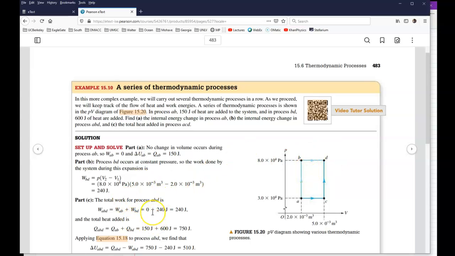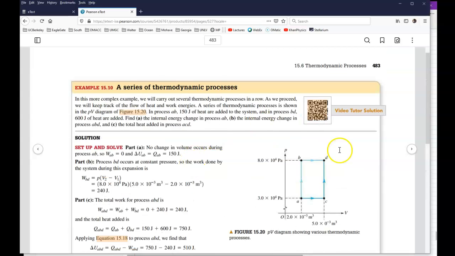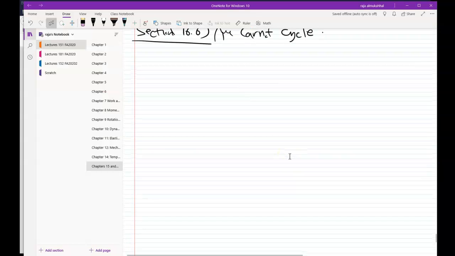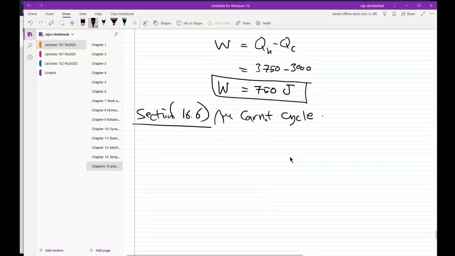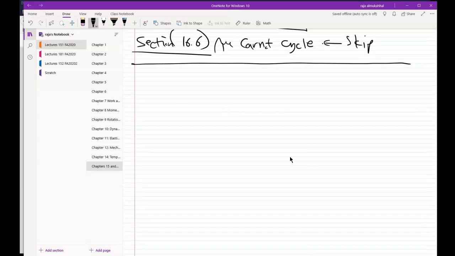I'm not going to follow his. I have my own, so I solved it my own way. So I hope mine is clear. If it's not, you can read his solution. I'm sure it's similar to mine. Okay. So let me just put this in writing here. The Carnot cycle, we're going to skip it, all right? Okay. Example